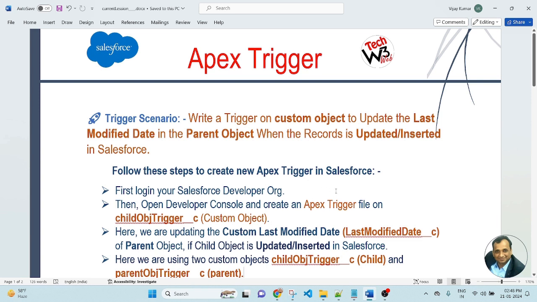First, log in with your Salesforce developer org, then open the developer console and create an Apex trigger file on the child object trigger, which is a custom object. Here we are updating the custom last modified date. Custom last modified date is a custom field on the parent object. If the child object is updated or inserted in Salesforce, we will update the last modified date from the child object to